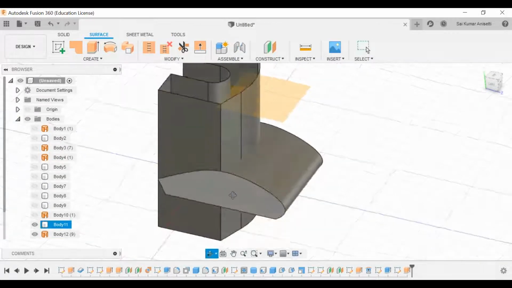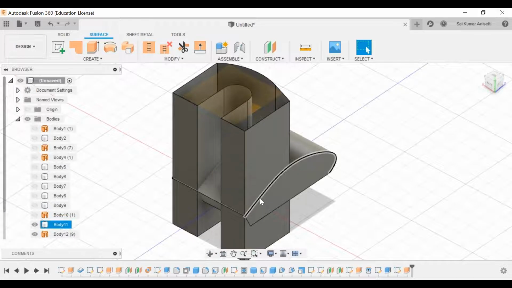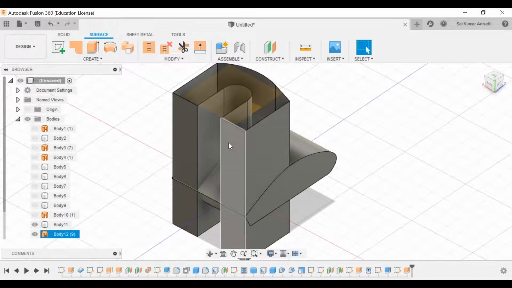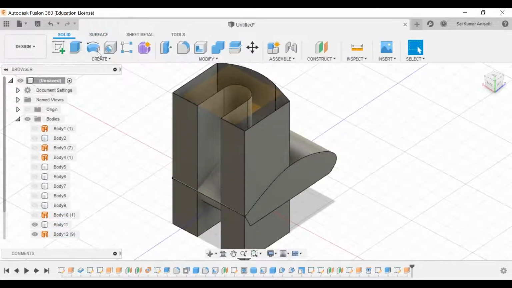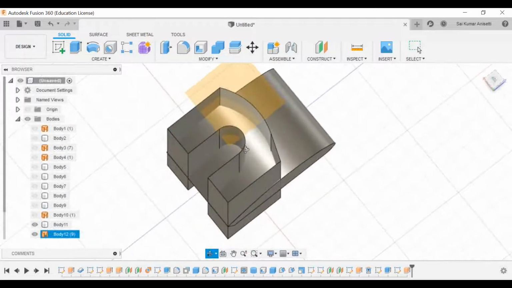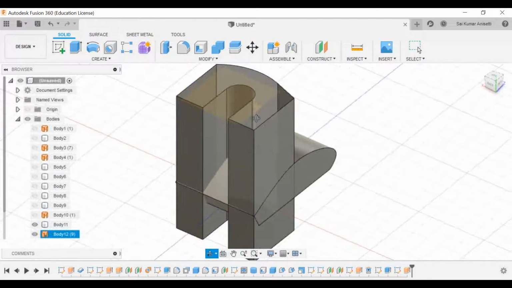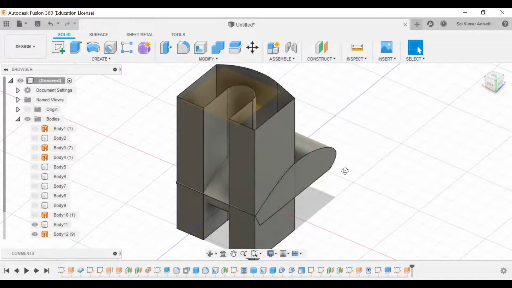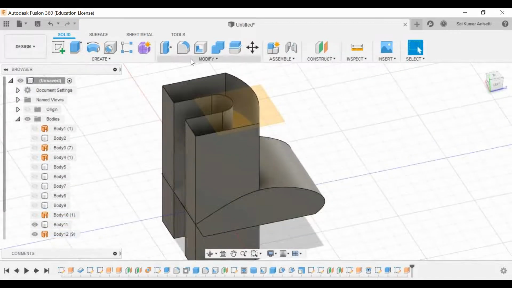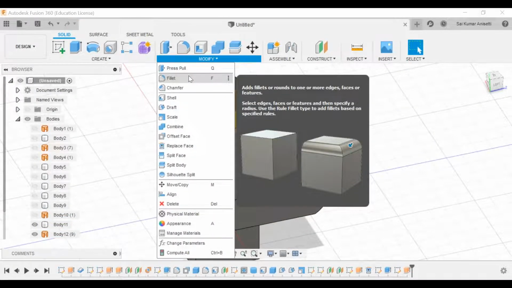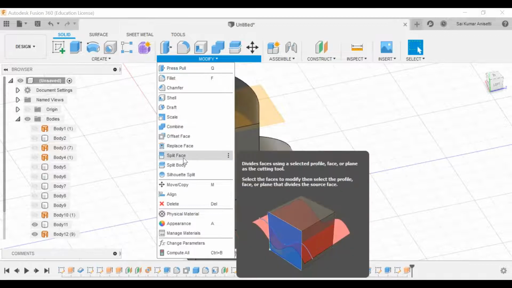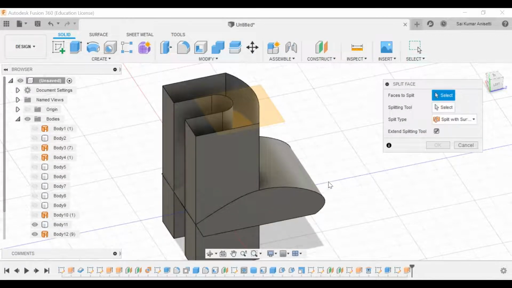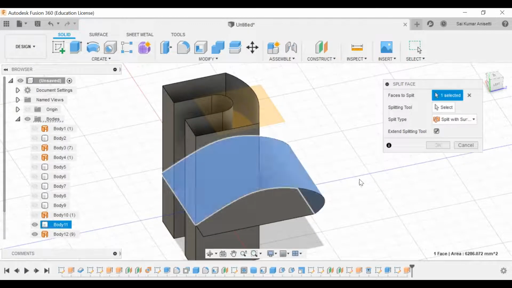Now I want to make the left click and right click buttons. That is what I'm making, so just observe the procedure. I have created a solid and a surface, an approximate surface for how the buttons would be. Now I'll go to split face. Faces to split: this is the one I want to split.